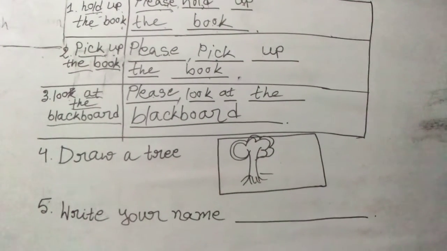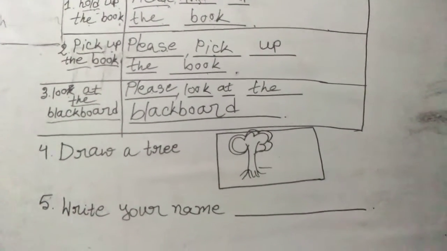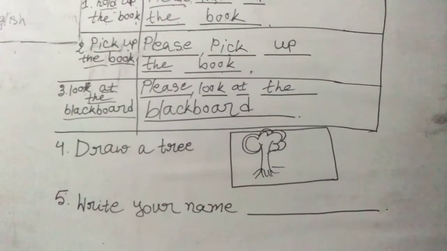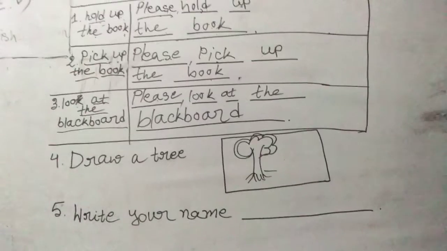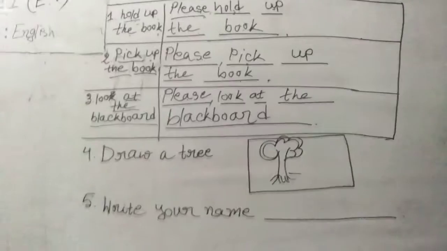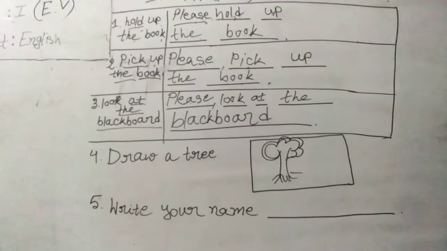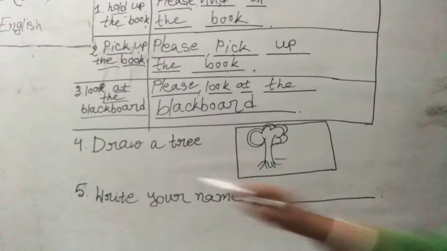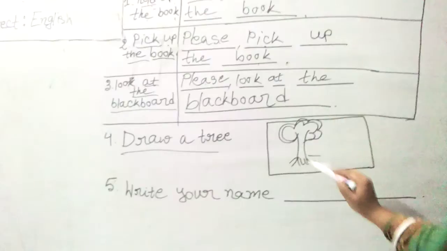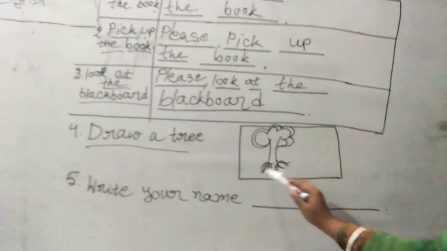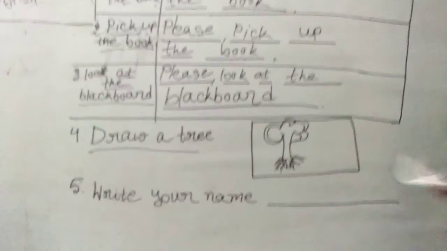to draw the tree. I know that you can draw better than me. So please draw the tree in your book and please color it. Okay, that will look very beautiful. I know you have good color sense, so that's why I would like to ask you to color the tree. So the number 4 command is draw a tree, and you have to draw a tree here. Okay. So if you want to exaggerate it, you can also do it.